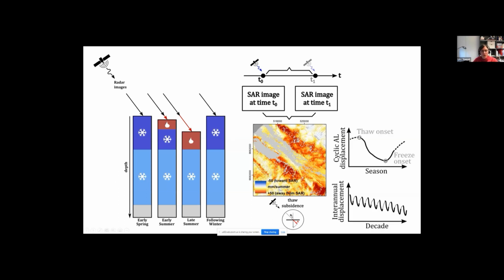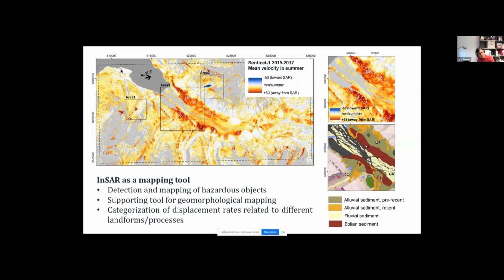And also, so that's the spatial distribution component, and then of course we are also interested in the temporal evolution of this kind of pattern. But if I continue just briefly on the spatial component, InSAR can then be used as a mapping tool, first to detect where it is moving, and potentially also identify objects that can be a hazard close to settlements, for example. It can also become a supporting tool for geomorphological mapping, because we can see that there is